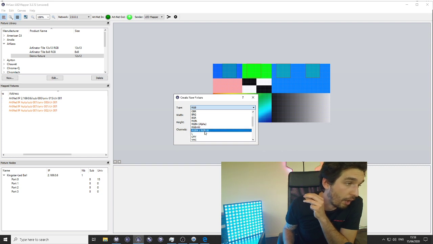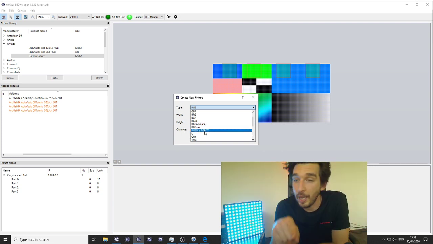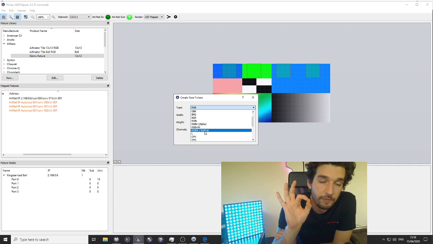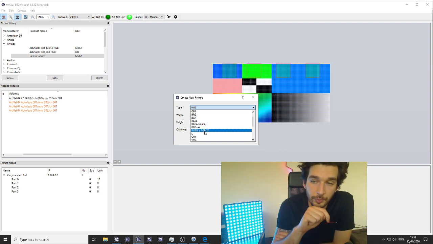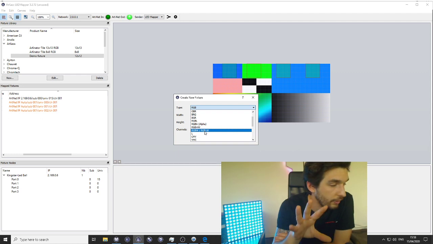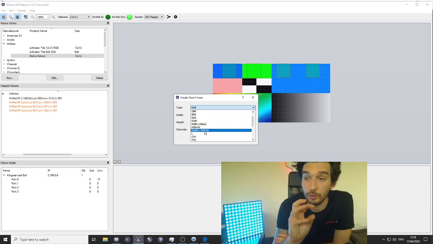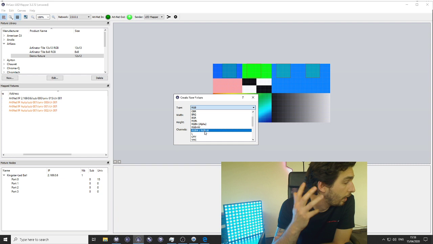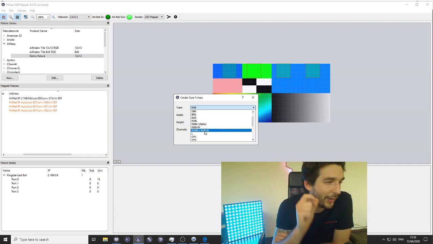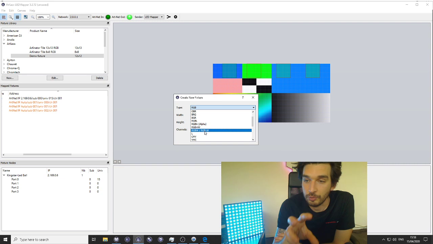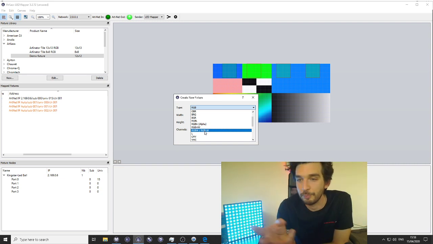Most of the fixtures are RGB minus W. It means when we receive a white pixel information, we subtract RGB from those values and only turn on the white LED to have a proper white. That's most of the cases. That's why we do have a white LED on lighting fixtures. It's because white made of an RGB is not white, it's pinkish.